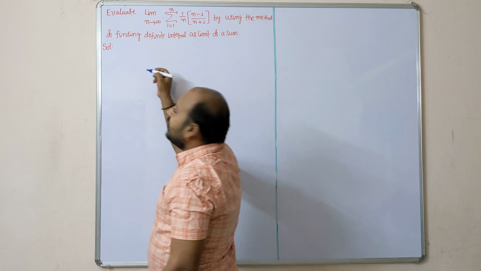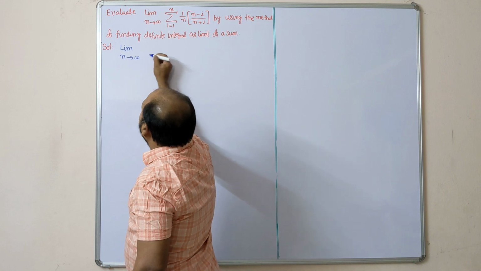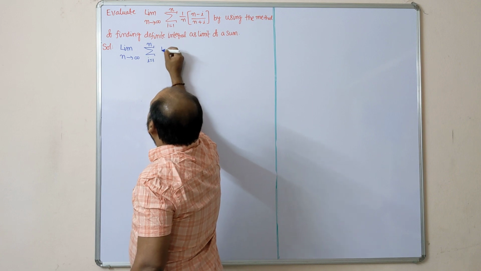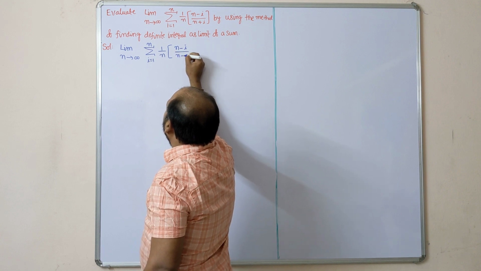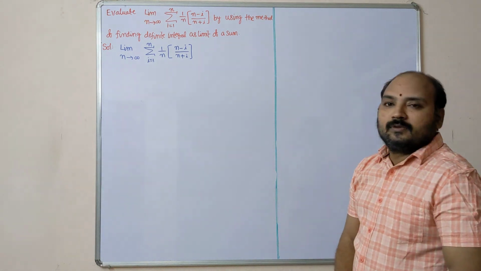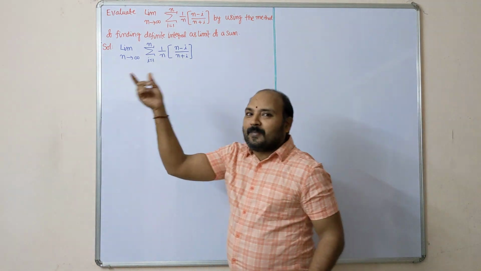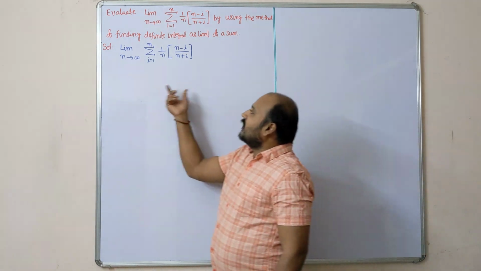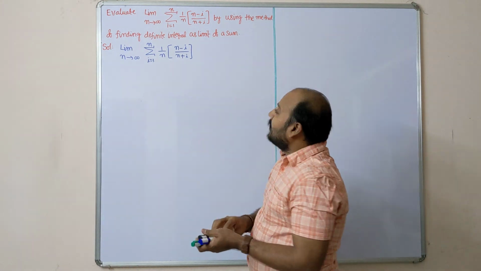So first we have to write the given limit. Limit n tends to infinity, sigma i is equal to 1 to n, 1 by n into (n minus i) divided by (n plus i). Here the i by n term is not there. Sigma is already there. In the previous question we got sigma by expanding the terms. Here they provided sigma. We need to get i by n terms. How to get this i by n term is,